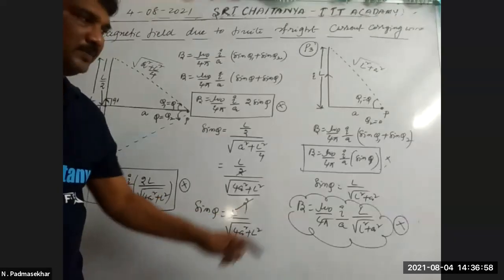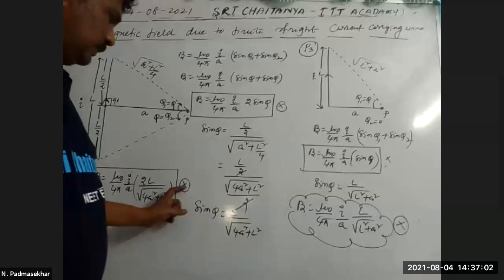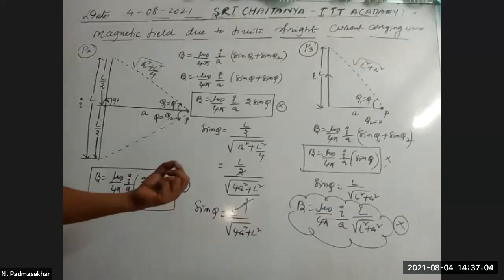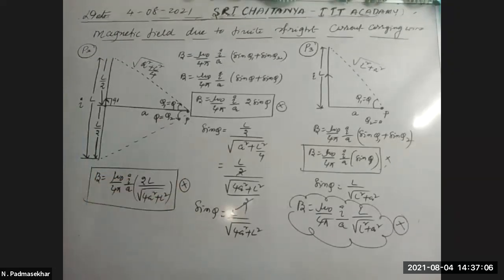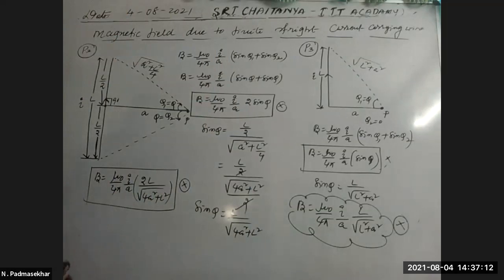X means inwards. Dot means outwards. Okay. So now